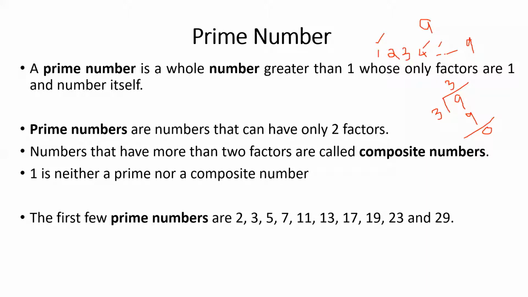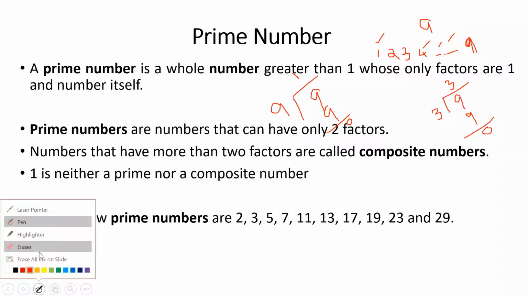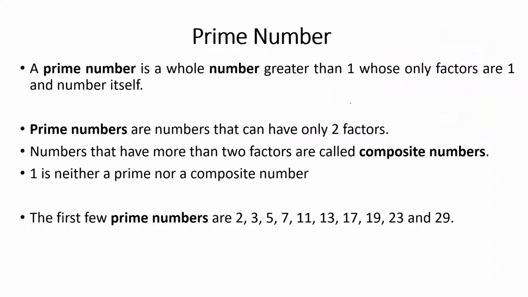We should check with each and every number up to the number itself. So what will happen if I divide 9 by 9? It will go 1 time and the remainder will be 0. So you understood that to find a factor of a number, we have to check whether the number gives remainder 0. So how to find the remainder of a number?